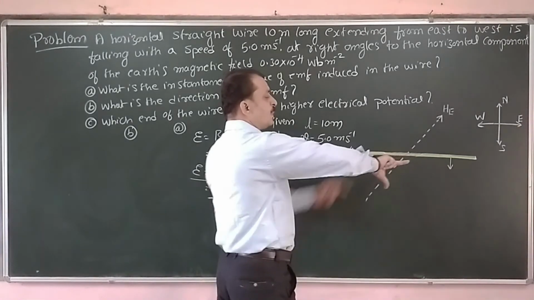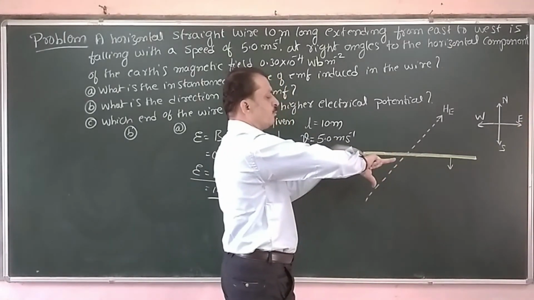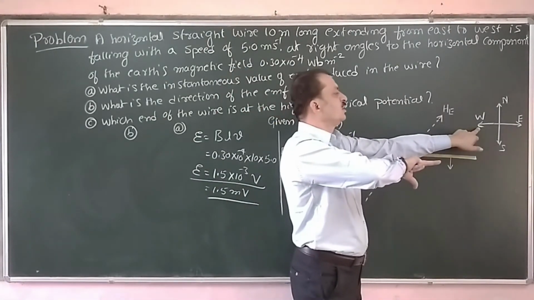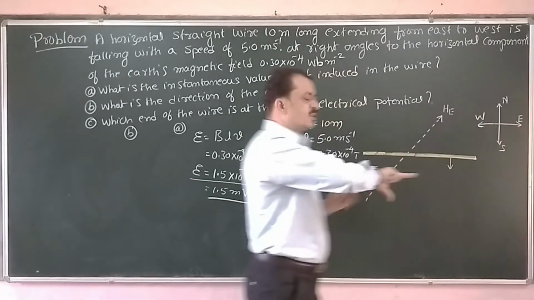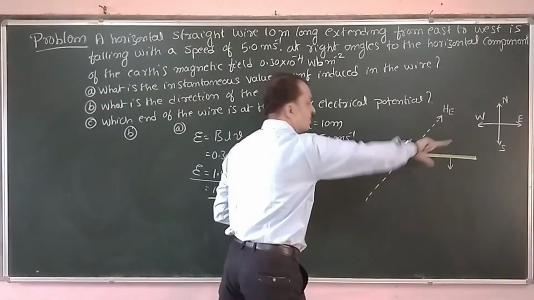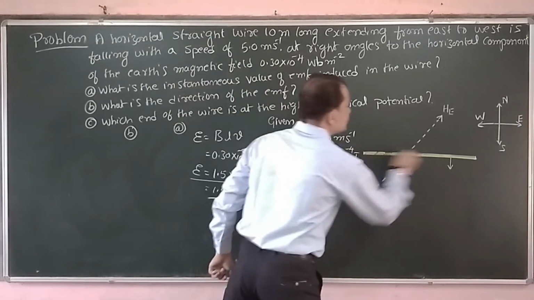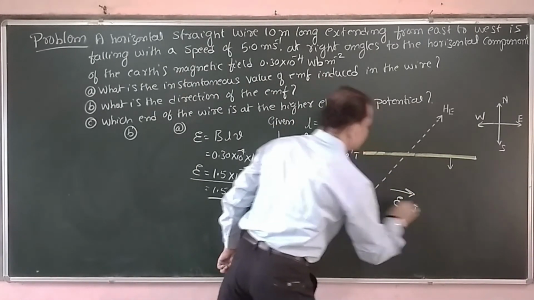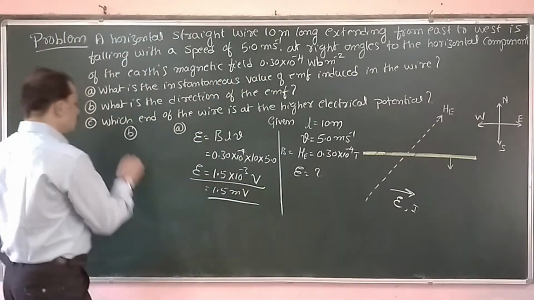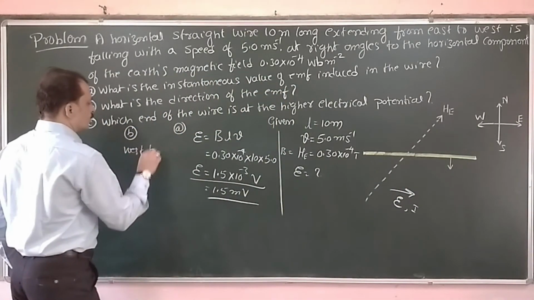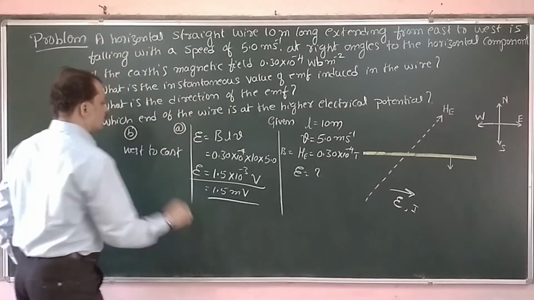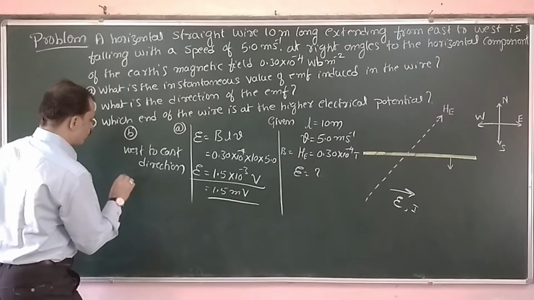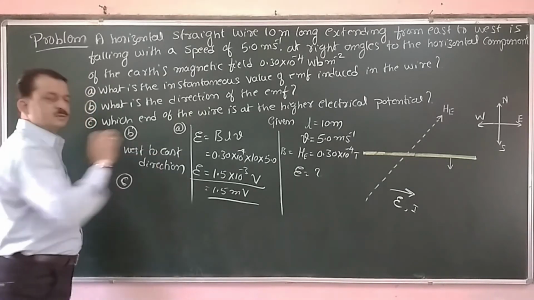So this middle finger is pointing from my side to the other side, that is my side is the west direction and the other side is the east direction. Therefore, the induced current is from west to east direction. The induced EMF or the current is from west to east. That is the second part. Okay.